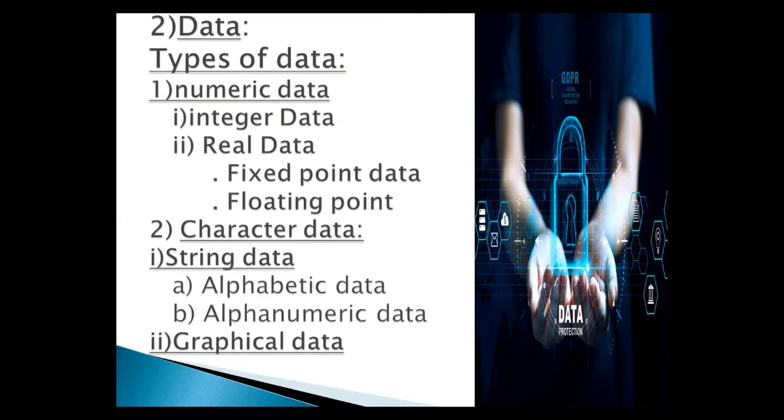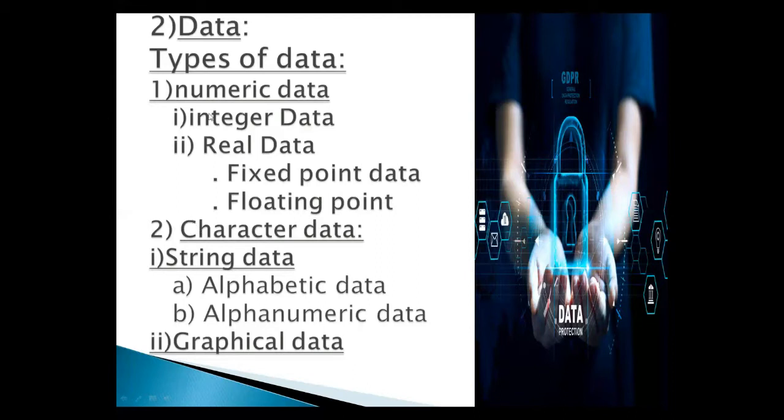For example, names of students, marks obtained in the examination, designation of employees, addresses, quantity, rates, sale figures, or anything that is input to the computer is data. Even pictures, photographs, drawings, charts, and maps can be treated as data. Computer processes the data and produces the output or result. Generally, data is divided into two types. First one is numeric data and second is character data.